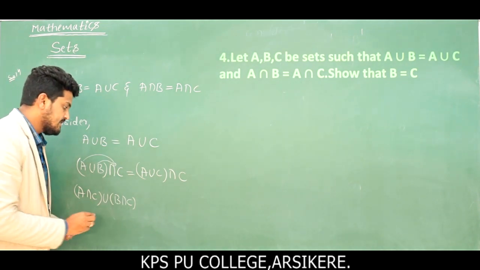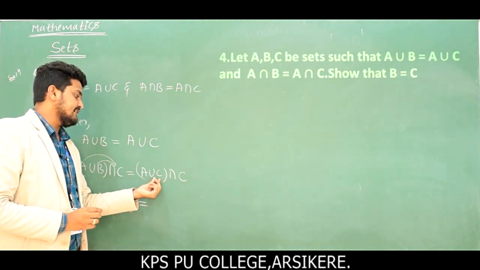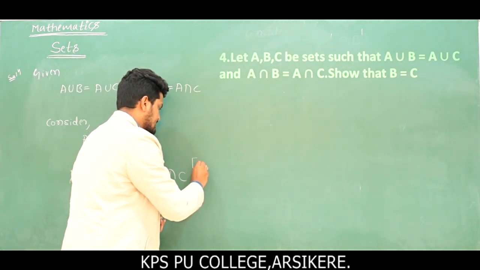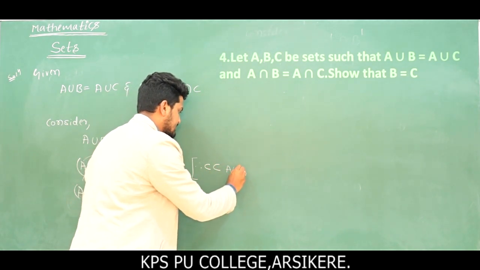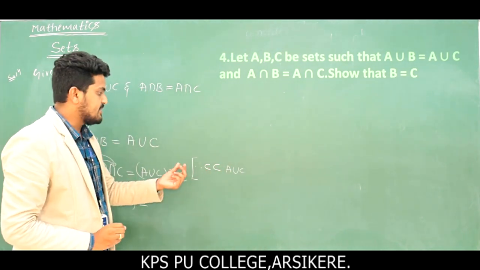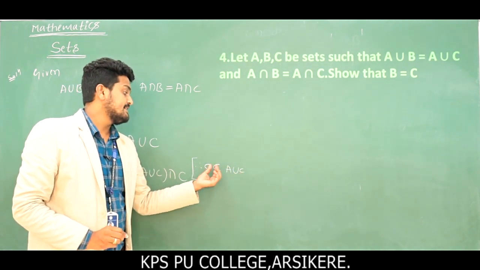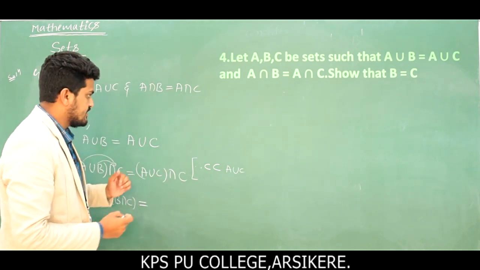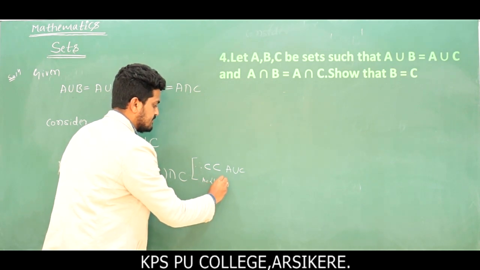Distributive law, which is equal to A union C, right? In bracket you write, so C is a proper subset of A union C. Right? What is a proper subset? At least one element more compared to set C, what do we call that? We call it a proper subset. So look, for example, you have set A equal to 1, 2 and